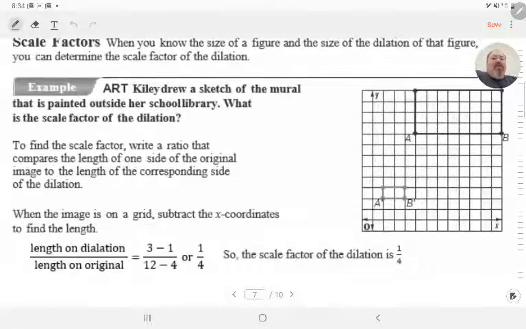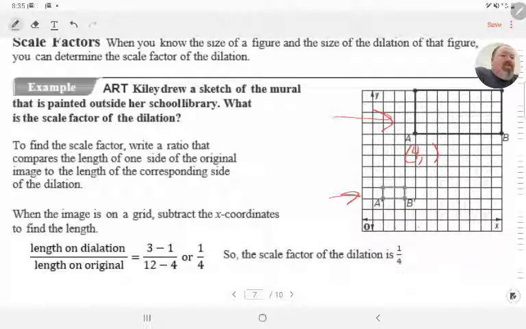So when an image is on the grid, subtract the x coordinates to find the length. So this is the original, okay? Because you'll notice on the new one, we have the little marks above the A and the B. So the original is AB. So we could count over 1, 2, 3, 4. So the x would be 4, okay? Or we could look at this and say this is 4,